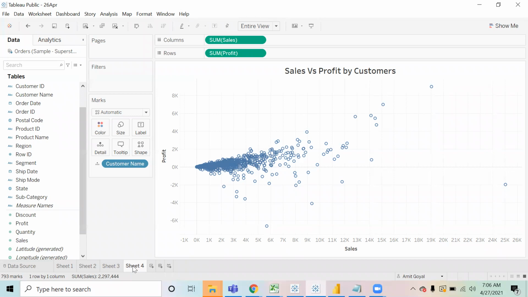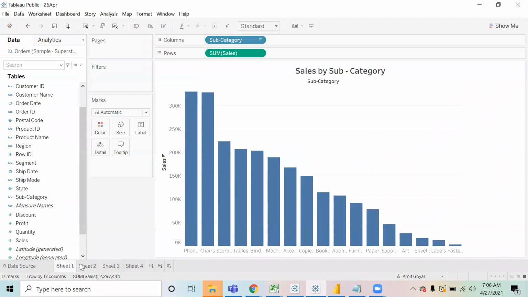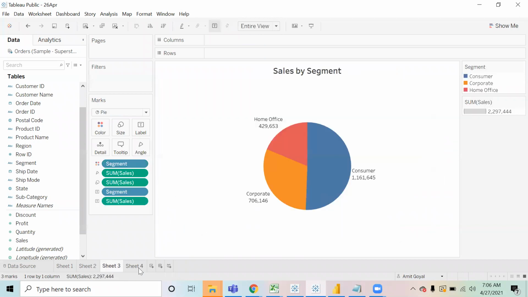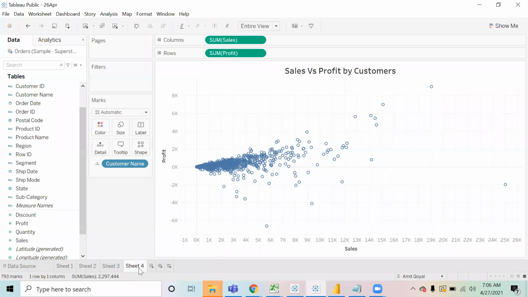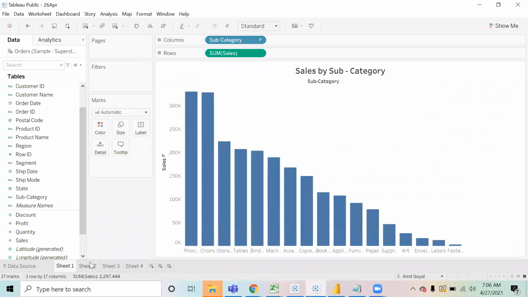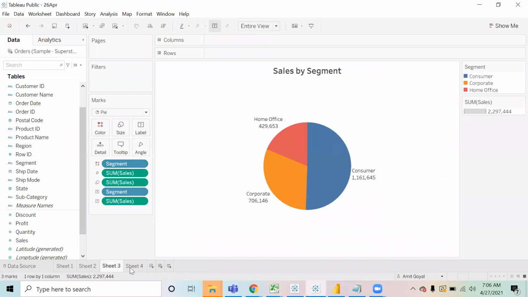Now you know what we're going to do over here. We have seen a couple of charts that we have created, four charts. How we work in Tableau is, first of all, you start making your individual charts and building them up. The next part is you have to create a dashboard. Now, what is a dashboard? I think we discussed this part. A dashboard is something where you can see the complete analysis in one single view. Right now we have the four charts, but they are all in four different views.